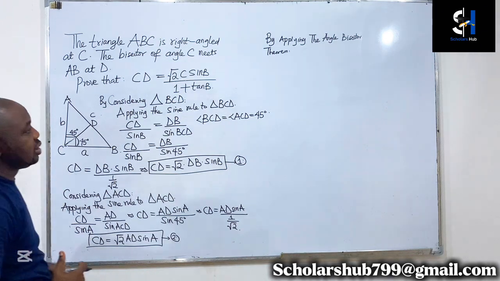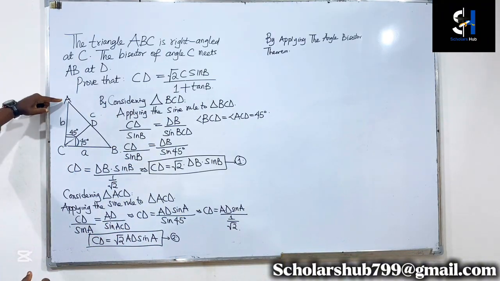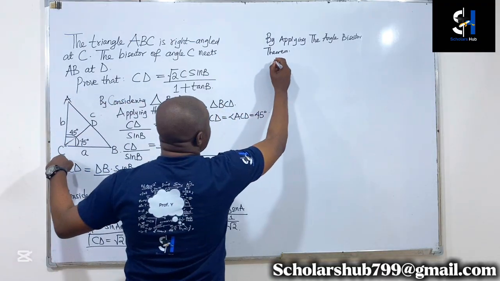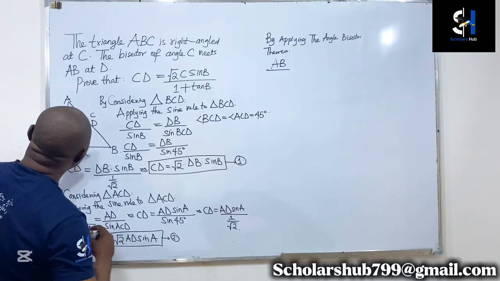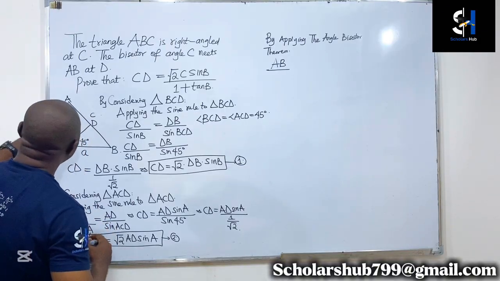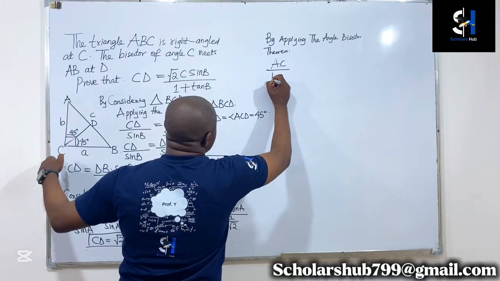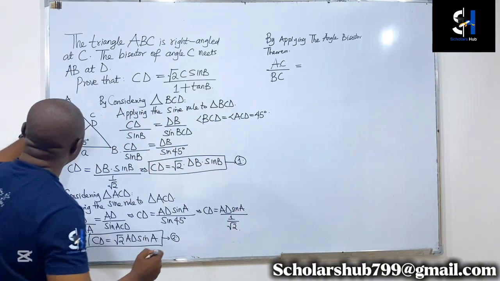Yes, the other two sides. So according to the theorem, we're going to have AC divided by BC, the two legs of the right angle triangle,